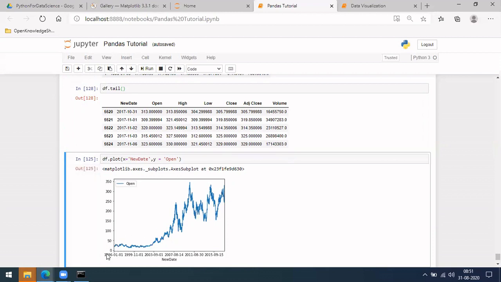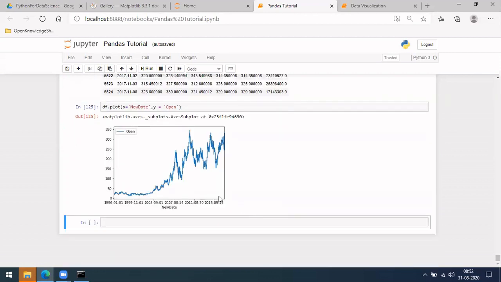You can observe from this graph that it is increasing slowly and here you got a sudden jump and a decrease. So this is actually a stock value for SBI. I have this data in a CSV and have read it, and then I'm trying to plot it here. So let me also plot